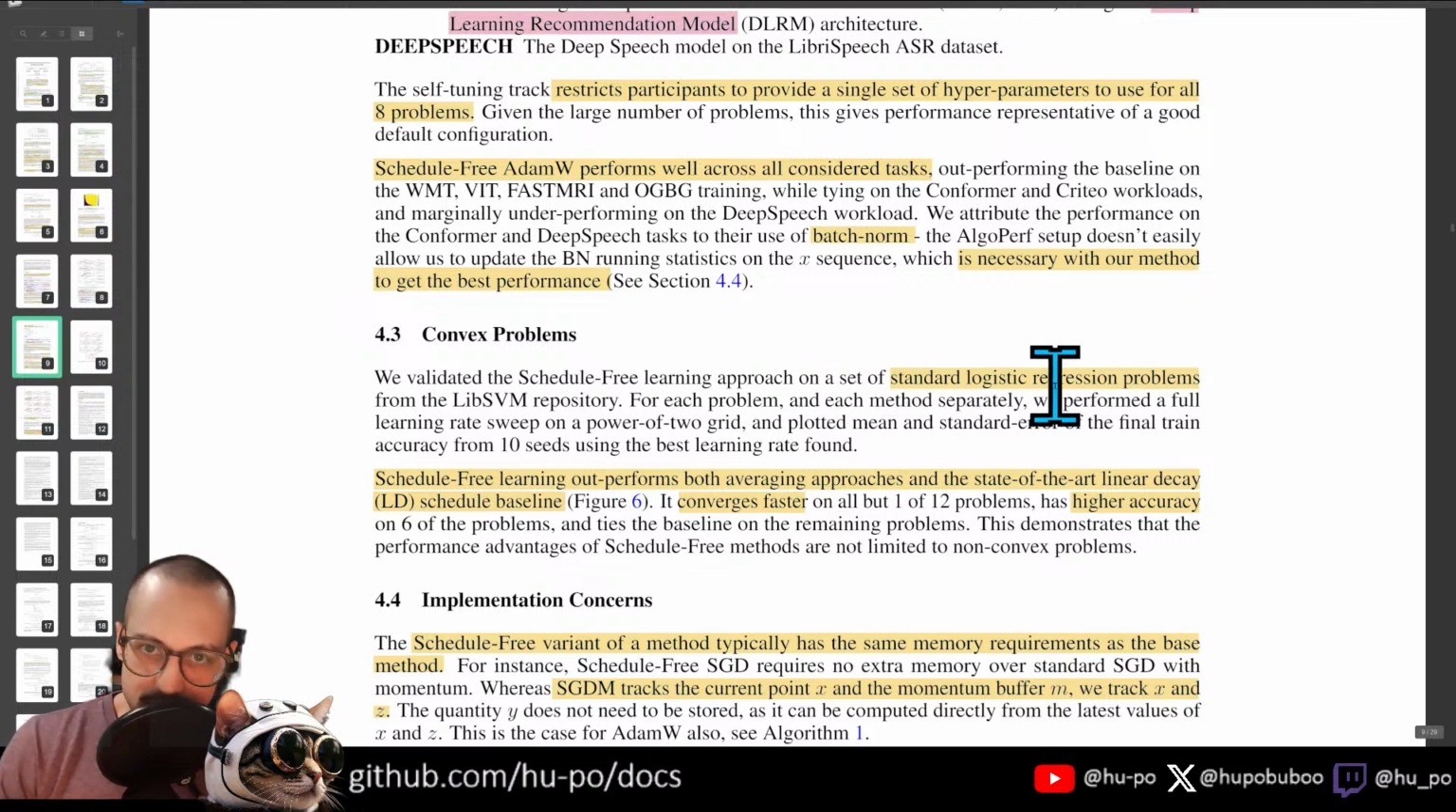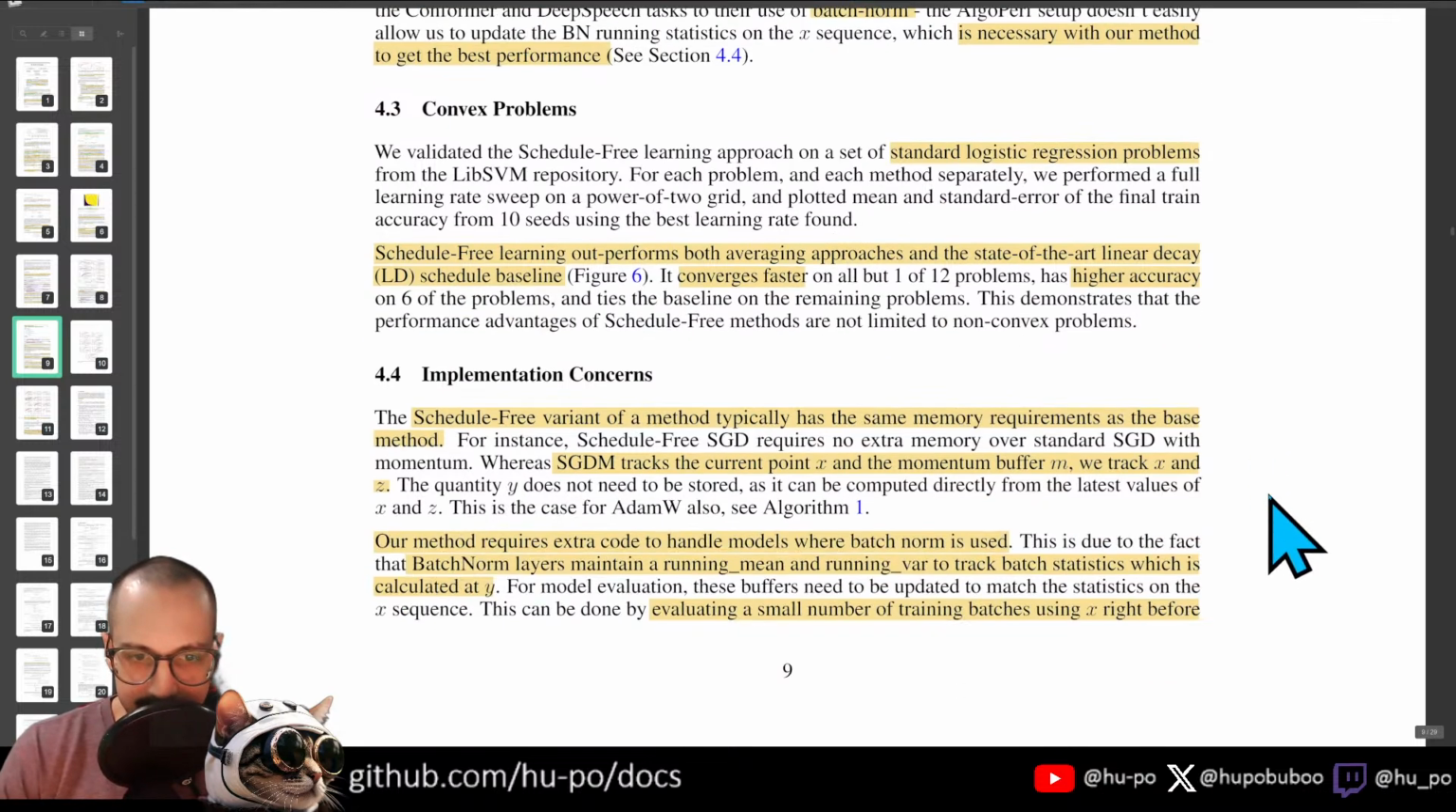For standard logistic regression problems, schedule-free learning outperforms both averaging approaches, and the state-of-the-art linear decay converges faster and has higher accuracy. The schedule-free variant of a method typically has the same memory requirements as the base method. Schedule-free SGD requires no extra memory over standard SGD, whereas SGDM tracks the current point in the momentum buffer. We track X and Z. So what they're saying here is that